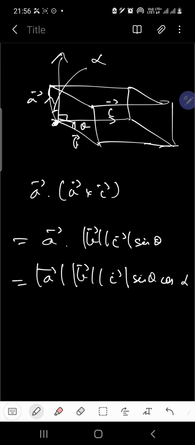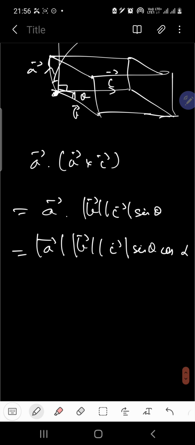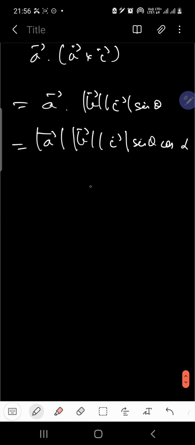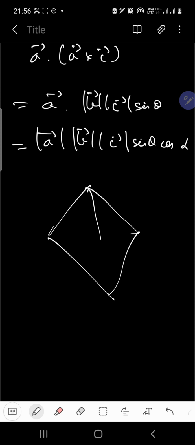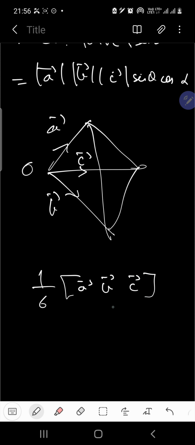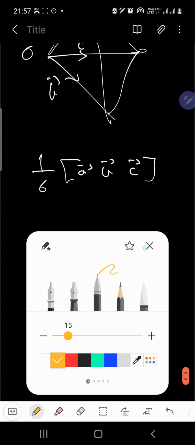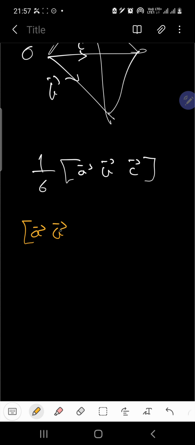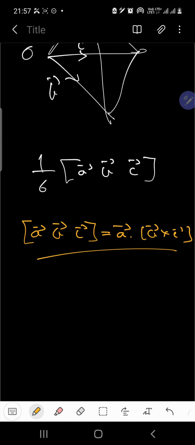Okay, so this also gives you the volume of a tetrahedron, not directly, but by multiplying by 1/6. So basically your tetrahedron looks something like this. Clear? So suppose this is a vector, this is your origin, this is c vector, this is b vector. The volume of a tetrahedron will be 1/6 the box product of ABC. This box product, I'm giving you it here. So basically this is why it is called box product also. This actually means the scalar triple product.